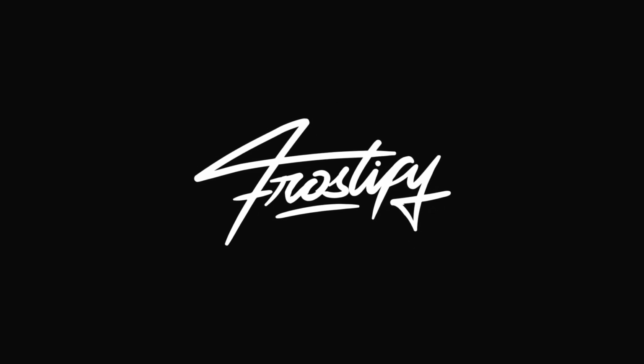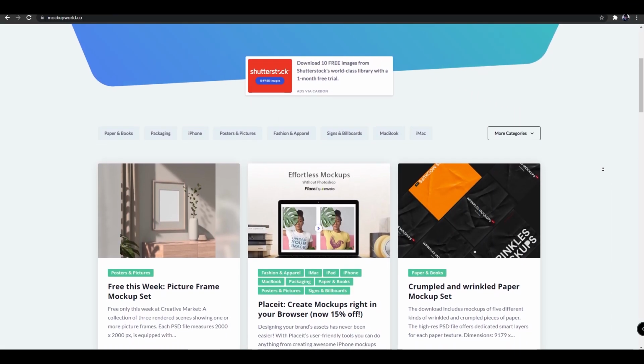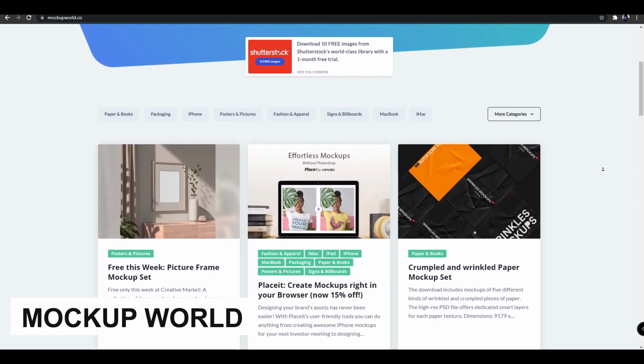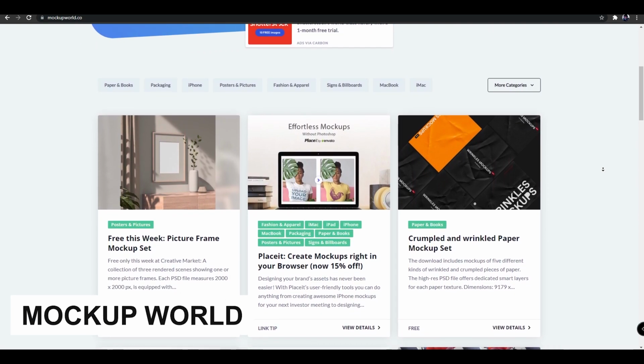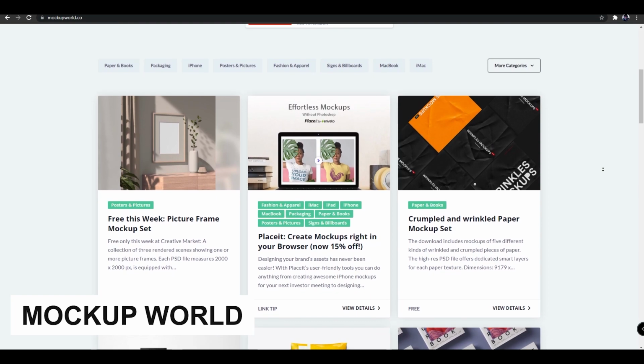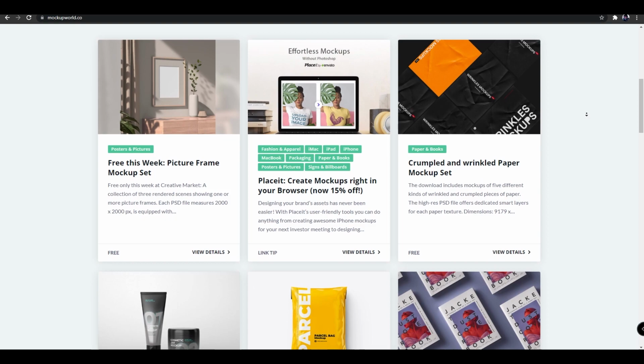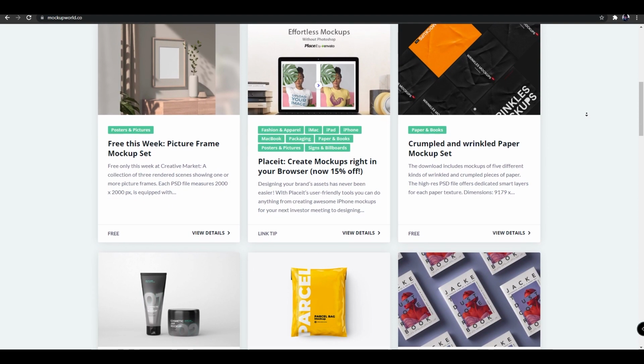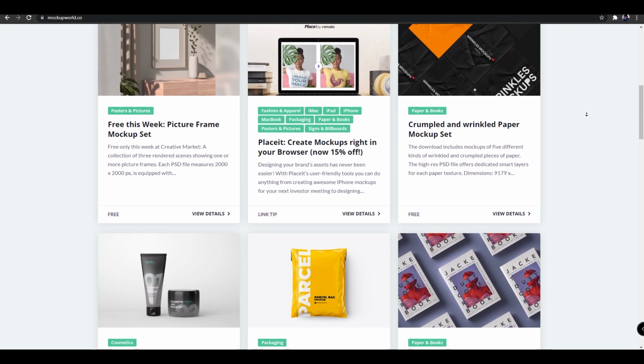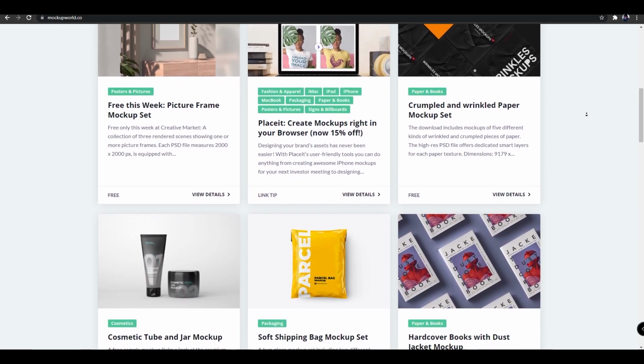So coming in at the very first website I personally recommend for those looking for mockups is actually going to be a website called Mockup World. Now Mockup World actually offers a ton of free mockups that you can easily download and stick in Photoshop and try some things out. And as you guys can see so far from looking at the site, they have things like crumpled up and wrinkled paper mockups, they have picture frame mockups, and they even have shipping bag mockups, which